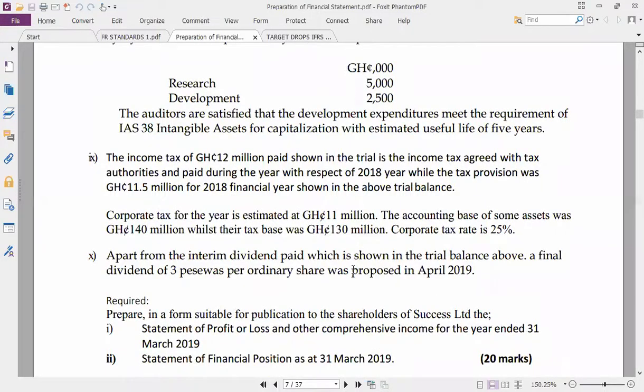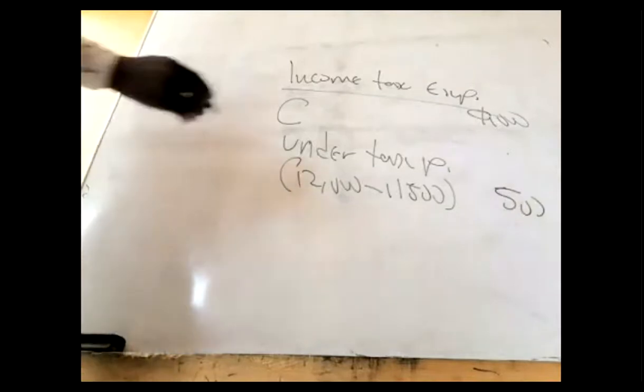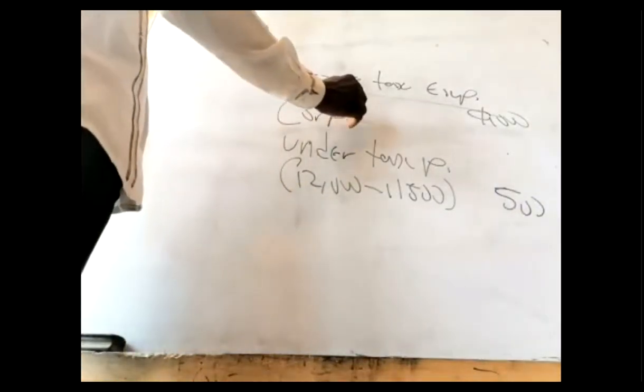Now, the next sentence says that the corporate tax for the year is estimated at what? 11 million. Full stop. What is that one? Corporate tax estimated for the year. So corporate tax for the year estimated at 11 million. That becomes what? The current year tax. How to get it? So that becomes the C. So corporate tax C. That is on corporate